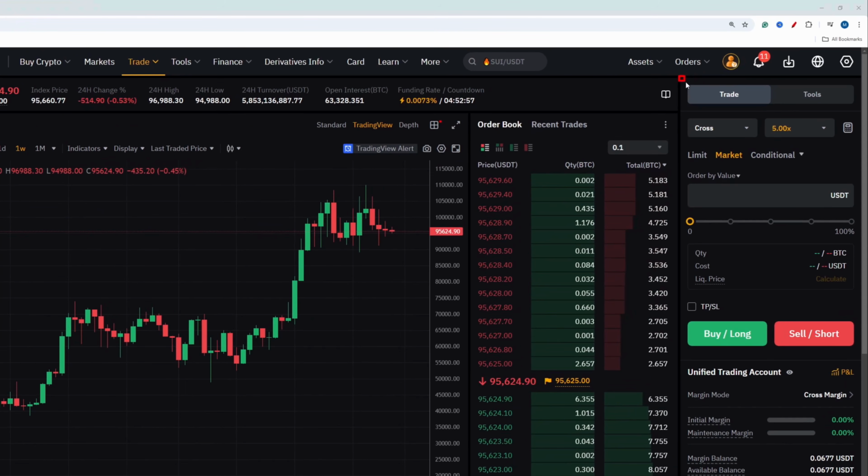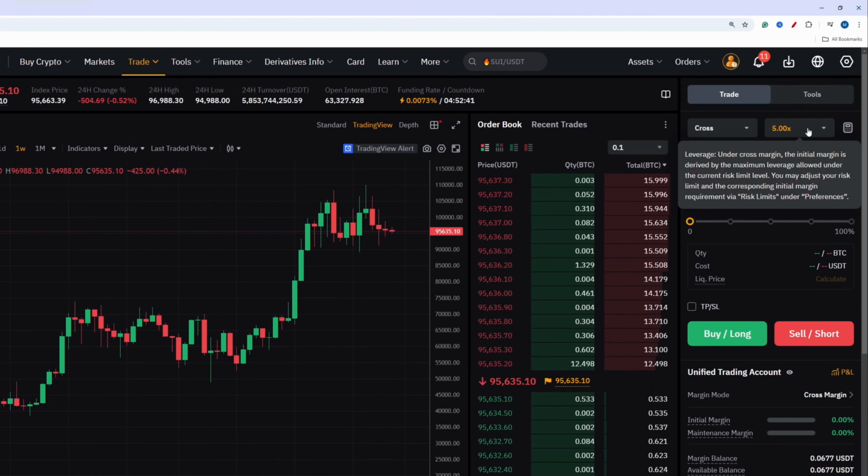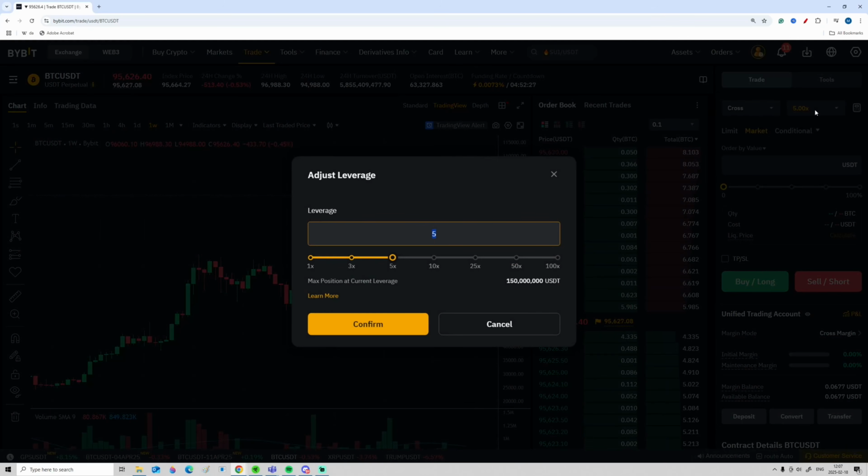And first of all, as you can see right here, the trading panel is very similar to the spot market. But what you can now do is choose leverage right here. So you can see right now it says 5x. That means that we will win 5 times more than normal, but we will also lose 5 times more than normal. And to change the leverage, you can go right here. You can, for example, adjust it upwards to 10x,